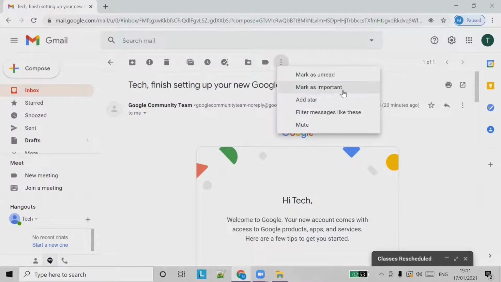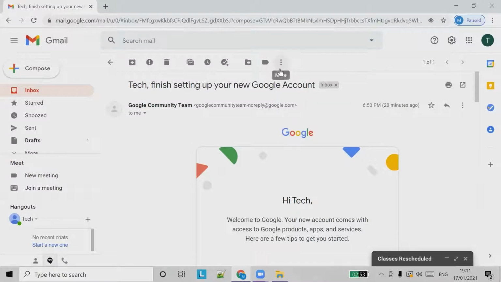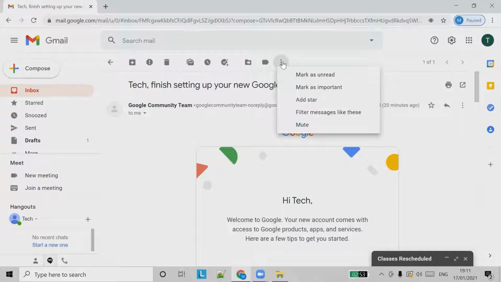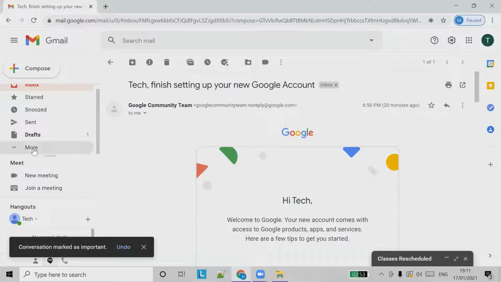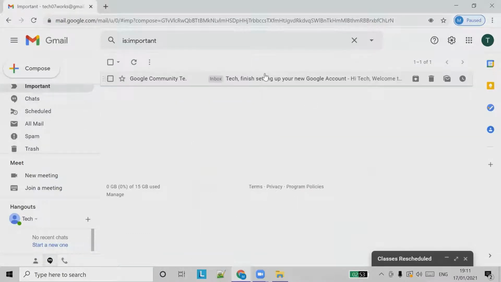So for any other email, you can use this menu, and in the inbox, open the email in the menu. You can choose mark as important, and once you do that, you can see the email again in the important section. So this is how you make an email important.